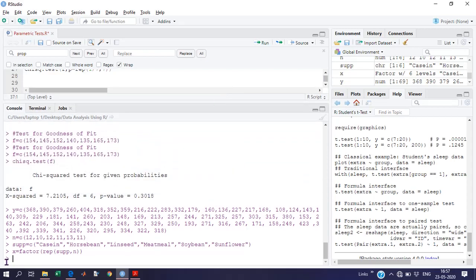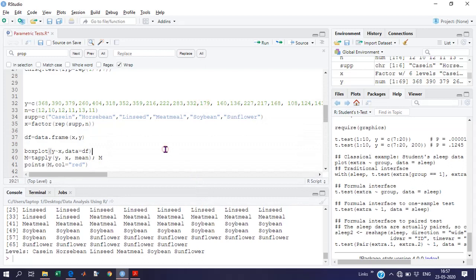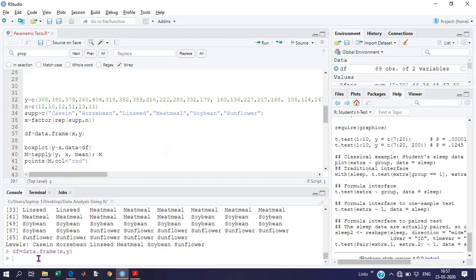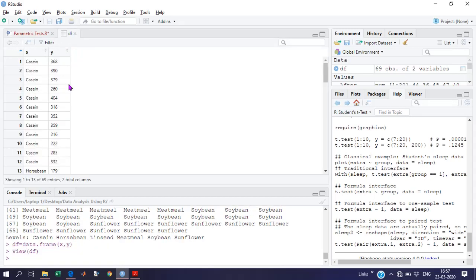See what x is showing: casein, casein, casein, 12 times, or 10 times, likewise. Moving forward, here is the data frame. You can observe the data frame by using the View command: View df, show me the df. It will provide us a tabular form of x and y. So in x we have the feed supplement, and here is the weight increase in grams or whatever.